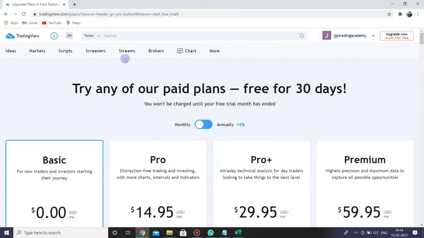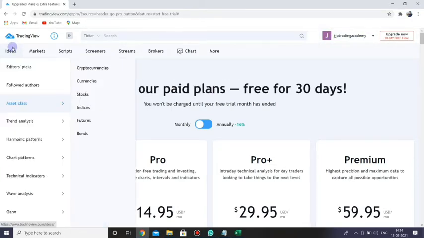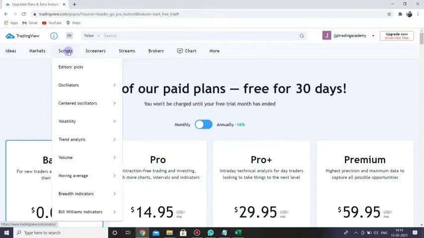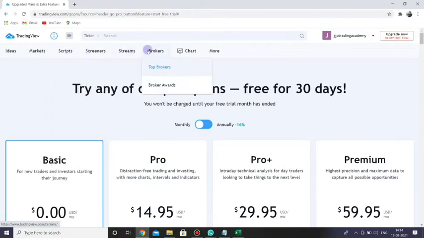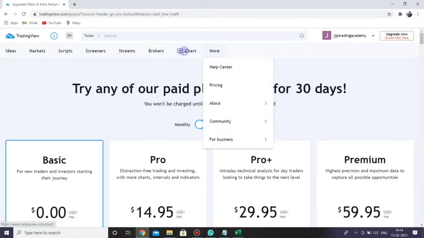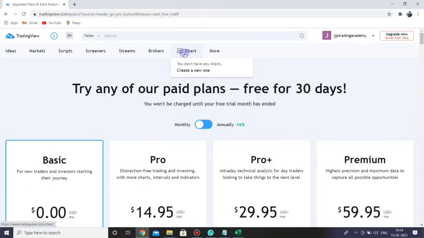Now what we will be having: ideas, markets, scripts, screeners, streams, brokers, charts. The main thing is charts, because the TradingView platform is available for every international trader and Indian trader to view charts. Now we are going to view charts.